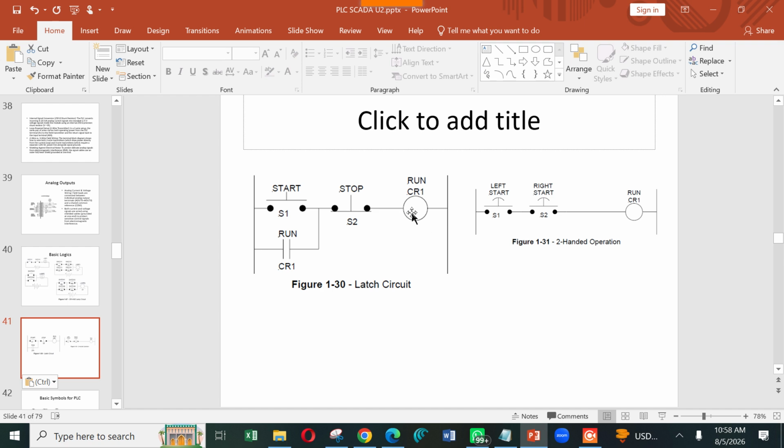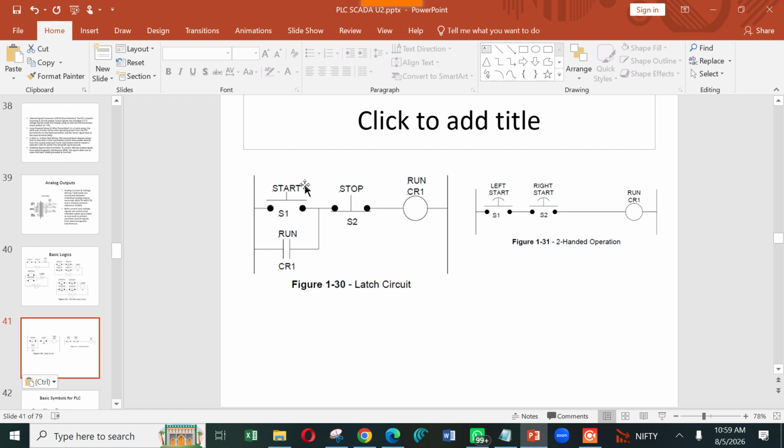If this coil is on, then what will happen? Automatically its contact will be on. If the contact is on, the power supply will also go through this contact. Now if you release this start button, what will happen? The power supply will go through this CR1, stop, then this coil.